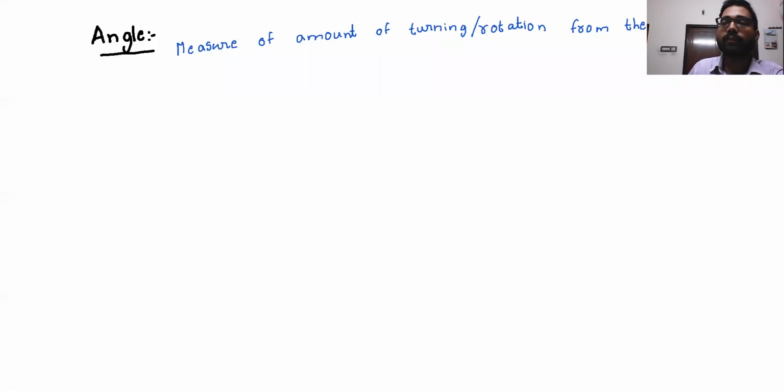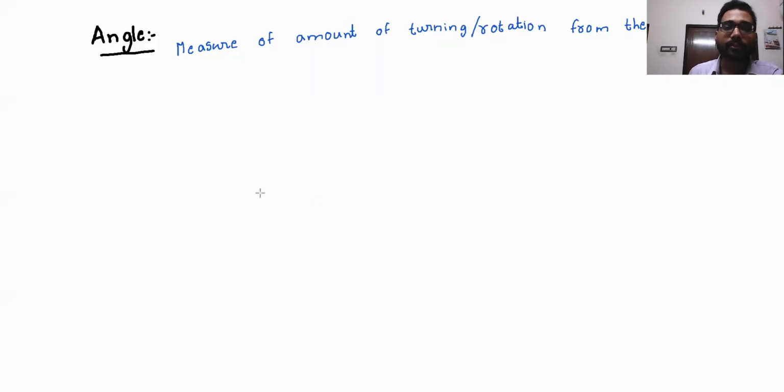Because we need a reference, just like to measure distance, or anything, we need some reference. Okay, this is the starting point. Even to measure in kilograms, everything has some measurement, right? What is the meaning of 1 kg? The cesium rod kept in some place is measuring 1 kg, something like that. That is the standard they have. So that is the reference. Similarly, while measuring angle also we have a reference.